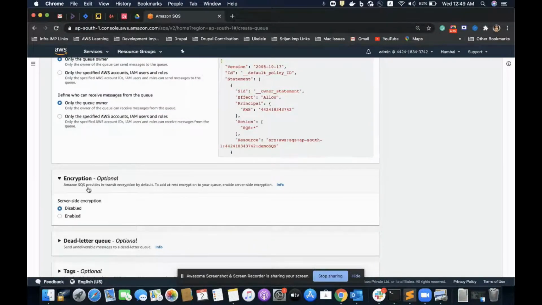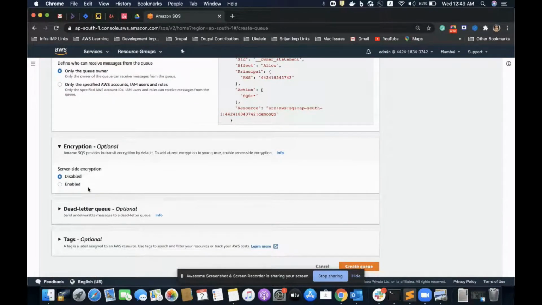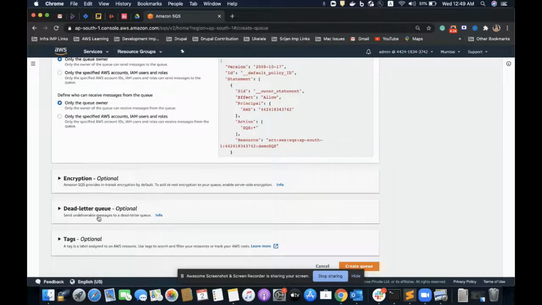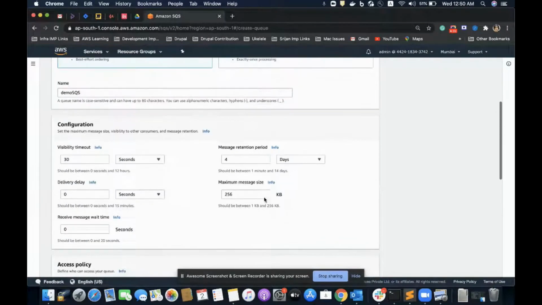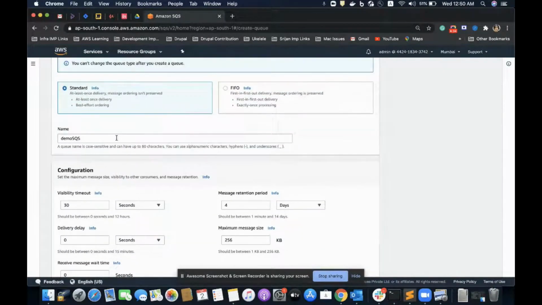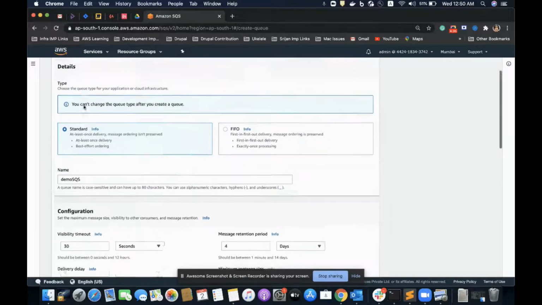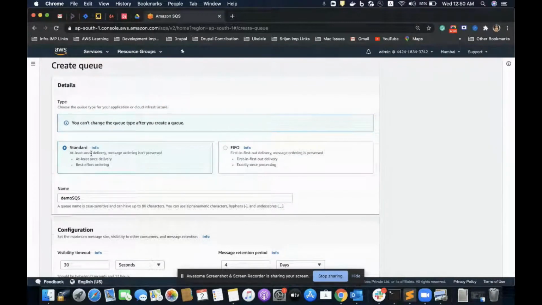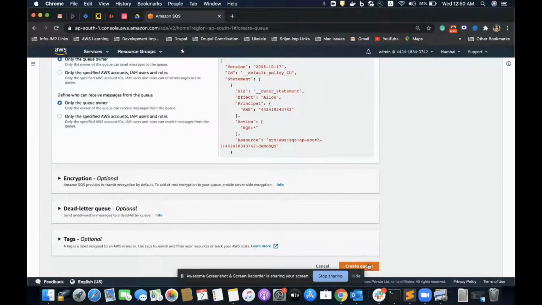As I've said, we have all three encryption options available, so we can set them from here. I would go with disabling this option. The dead letter queue and tags concepts I will explain later in this video. So by just applying the name as demo SQS and the type as standard, I'll be creating the queue.